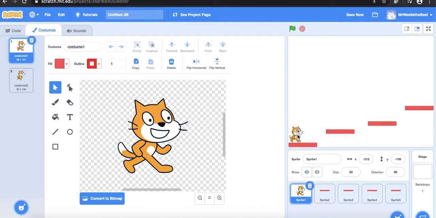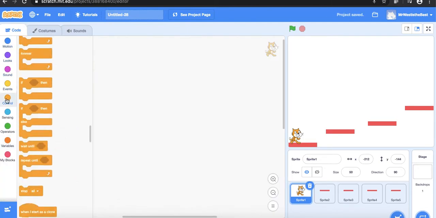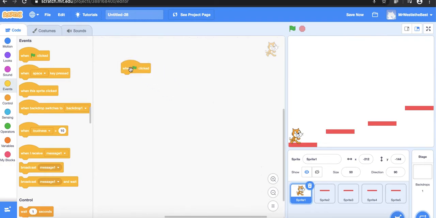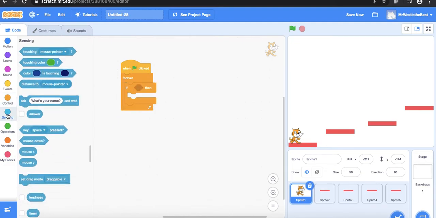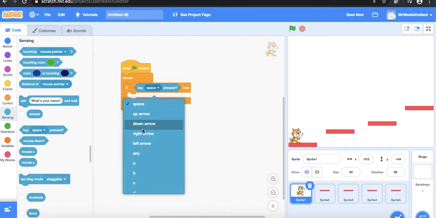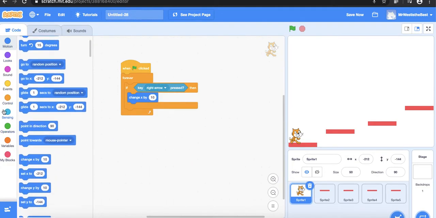Okay, so what we're going to do is we're going to start our cat by standing just on there. And what we would do usually is I'll really quickly go through and do what I usually do, and that is to do the left and right. But I'm going to do it a little bit differently today, just to show you something different. We're going to use these sensing buttons and say if my right arrow is pressed, then I'm going to change X by 10,